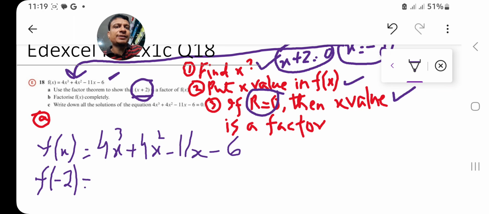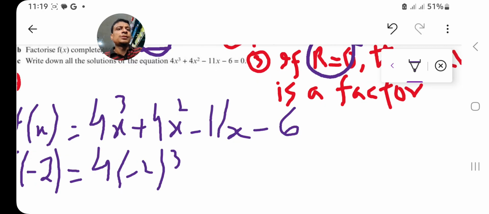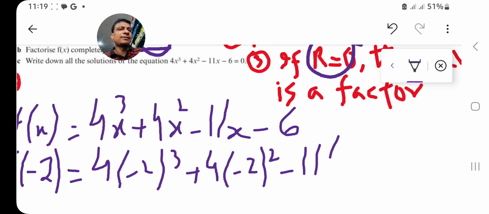When you place -2, it becomes 4(-2) whole cube and plus 4(-2) whole square, then -11. Again in place of x, place -2, and this is -6. Okay,